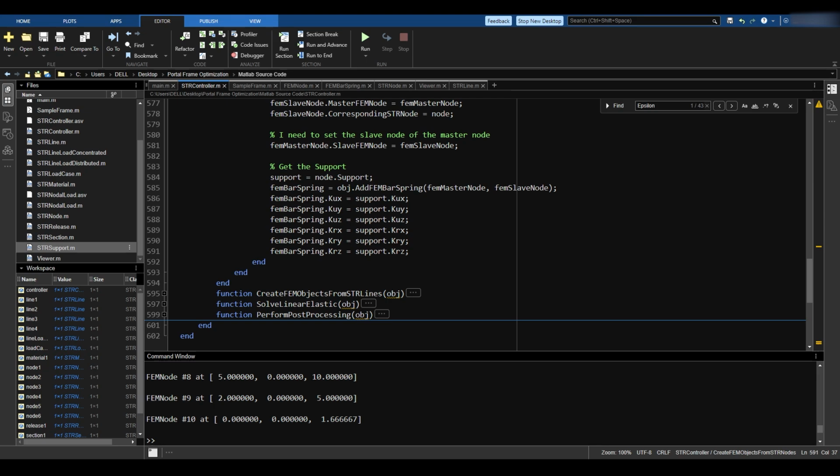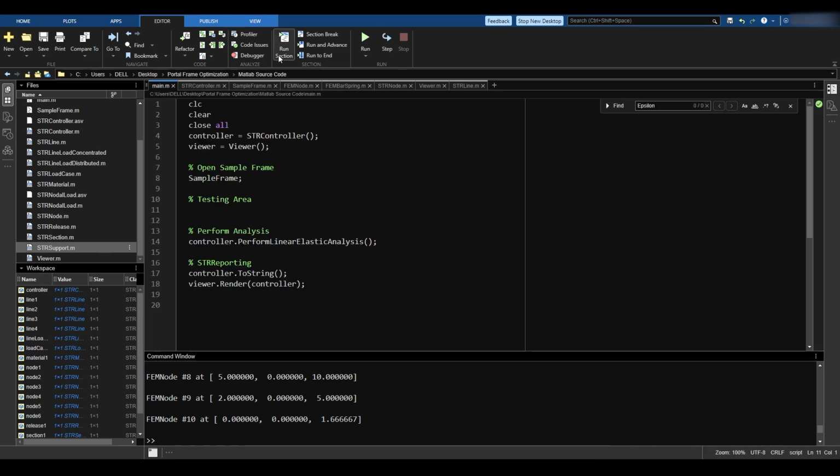Now I should do a debugging session about this. I think I should do this next time. Let me just try for now very quickly. If I run, okay, nothing explodes. That's good news. And if I go to the controller, I still haven't done anything with the viewer. It doesn't show those elements. But if I go to the controller at least,